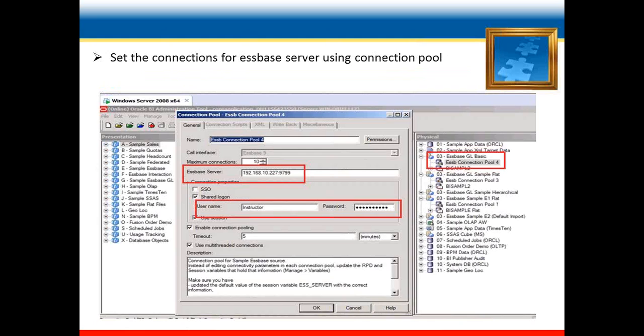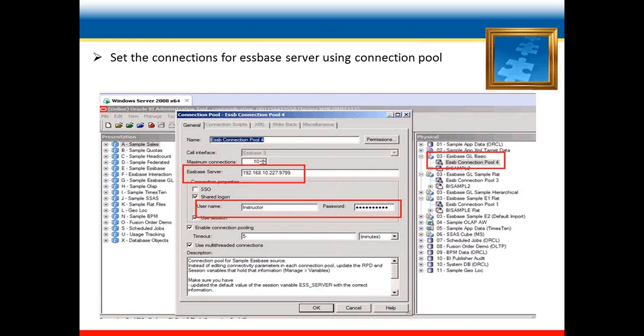So in the RPD file at the physical layer, there is a need to set the Essbase connection pool, and for it we just need to add the Essbase server name and the port we are going to use for the Essbase agents in Oracle Business Intelligence Enterprise Edition.